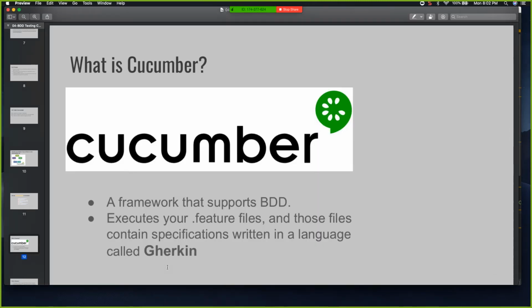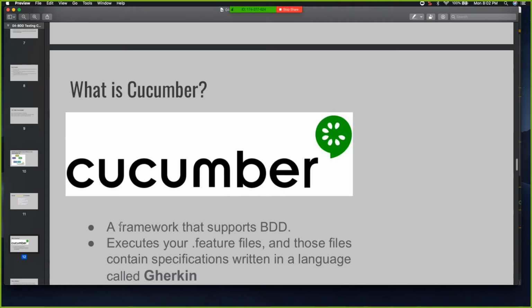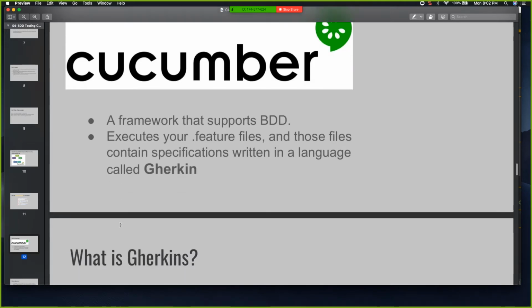So if you don't understand this stuff, it's totally fine because you can't get away from it. And like I said, all these keywords like given, when, then, these are your